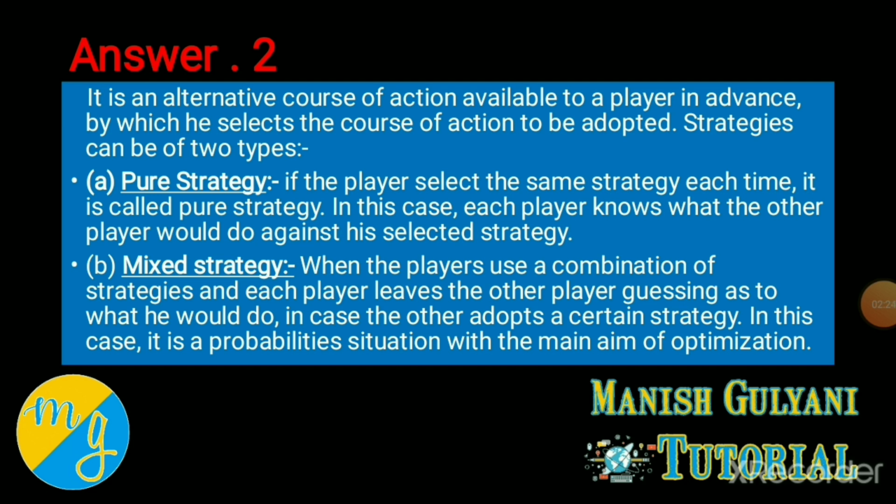So under theory of game, first step, find the saddle point. If saddle point exists, if saddle point is there, that is the case of pure. If saddle point does not exist, that is the case of mix. So pure case means when proper transparency is there between all the competitors, all the players. It means if players select the same alternate, same strategies every time, that is the case of pure. In mixed case, there is a scope of guessing, means you say I am 100% sure, I am 10% sure, I am 20% sure, my competitor will use this thing. So that's a case of mixed where the scope of guessing is there.